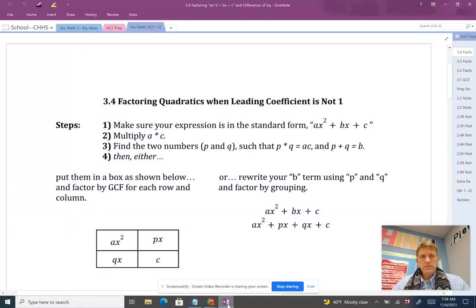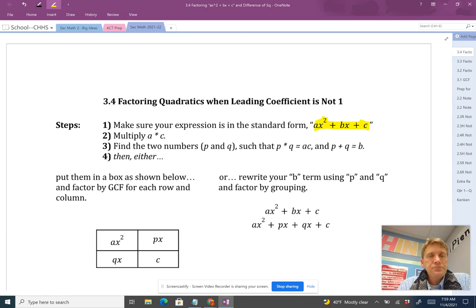Welcome. This is lesson 3.4 on factoring quadratics when the leading coefficient is not 1, and that refers to ax squared plus bx plus c when a is some number that's not 1. So you have 3 or 7 or negative 2 or something there in a that's not just x squared. For those that are just x squared, you can refer back to the video on 3.3 over factoring that